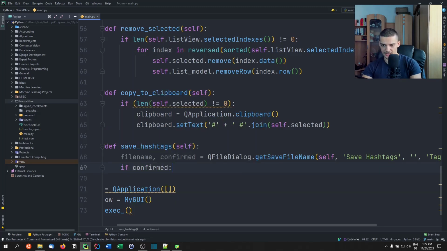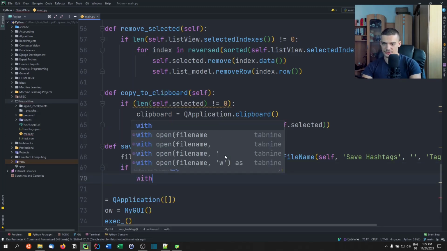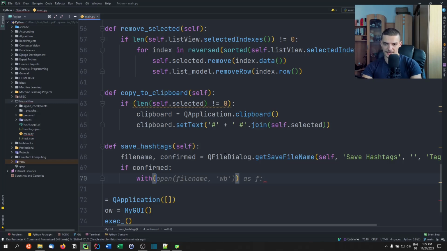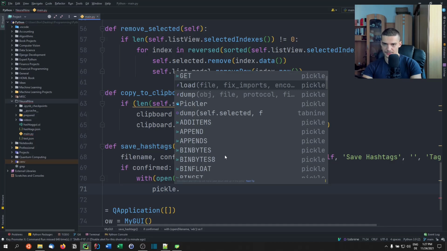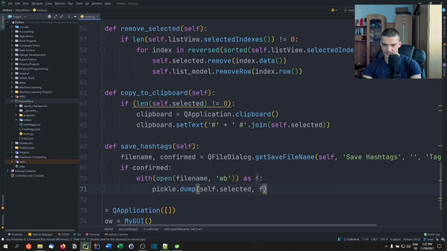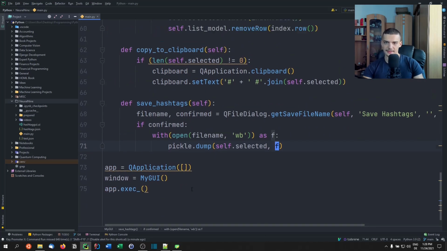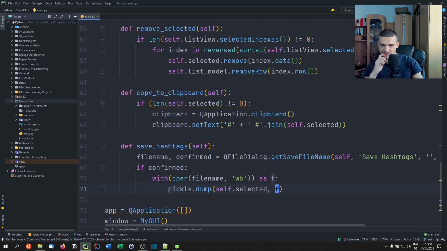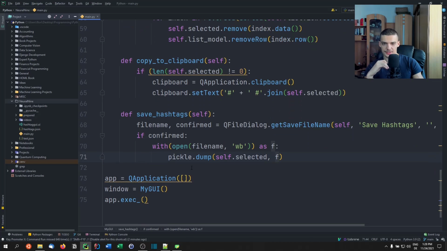All right, and all we need to do is we need to check if it was confirmed. So if the user actually wanted to save this, and then we're going to say with open file name, write bytes as f, and then pickle dot dump self-selected into f. This is quite simple. Now, when we load it, we need to do something more, because we need to also,